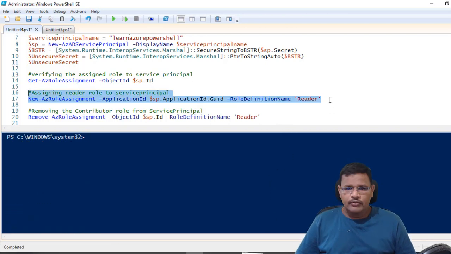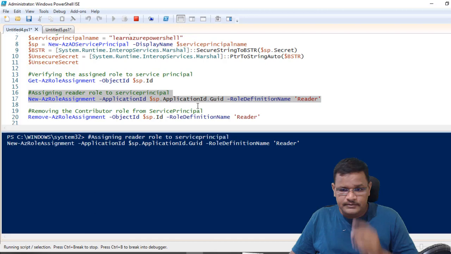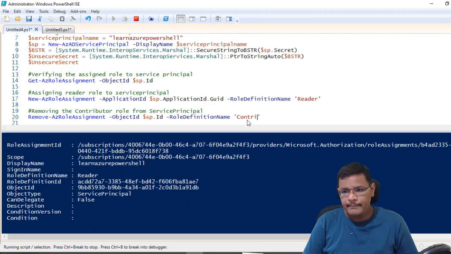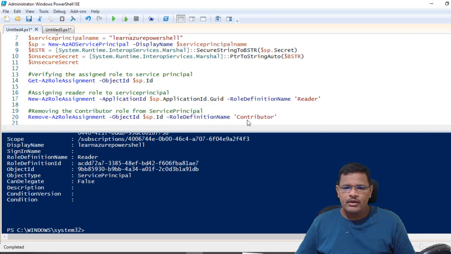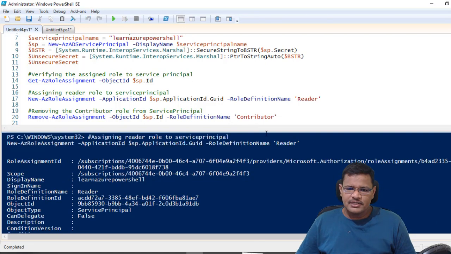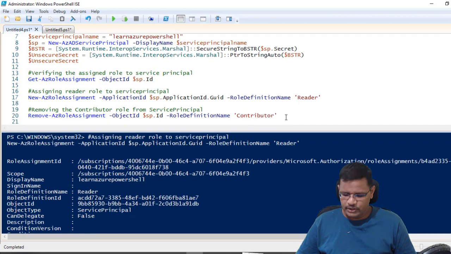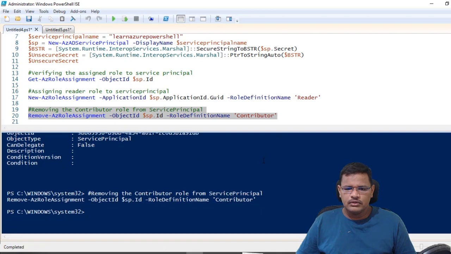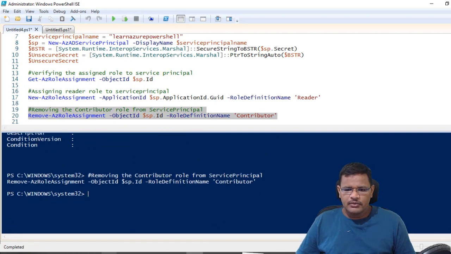I want to assign a new role to the service principal as a Reader. So this Reader role has been assigned. Now let me remove the Contributor role. Right, it has been done.